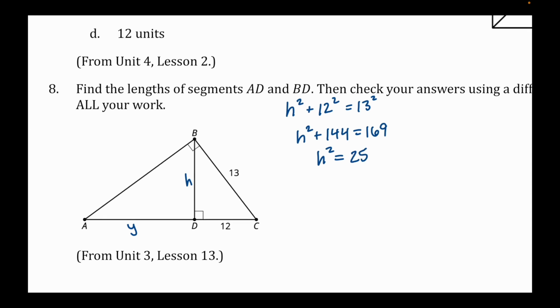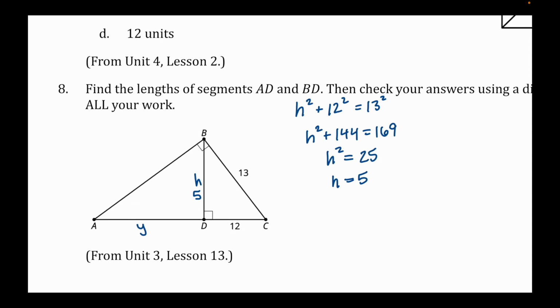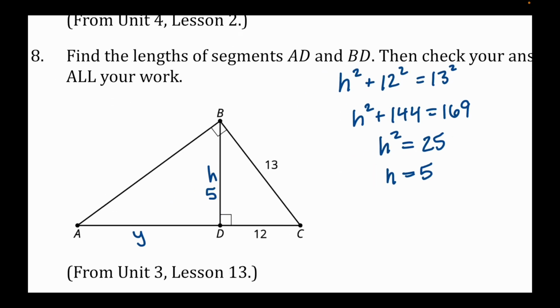If you subtract that 144 from both sides, you'll get 25. And so the value of h when we take the square root of both sides is 5. This is a 5, 12, 13 right triangle. So if that's 5, I can now find y by doing the geometric mean. So just as a refresher on geometric mean,